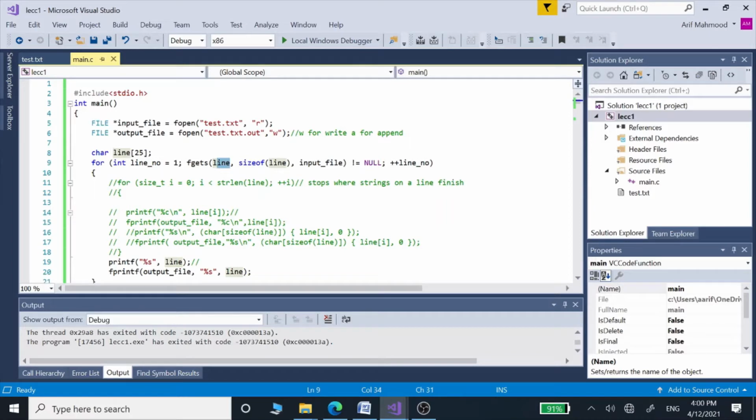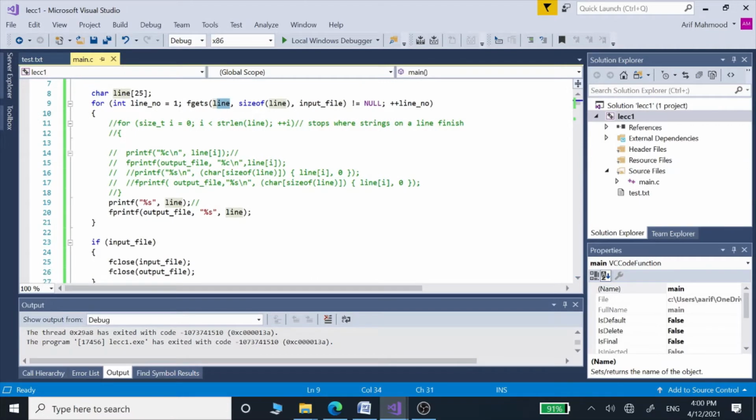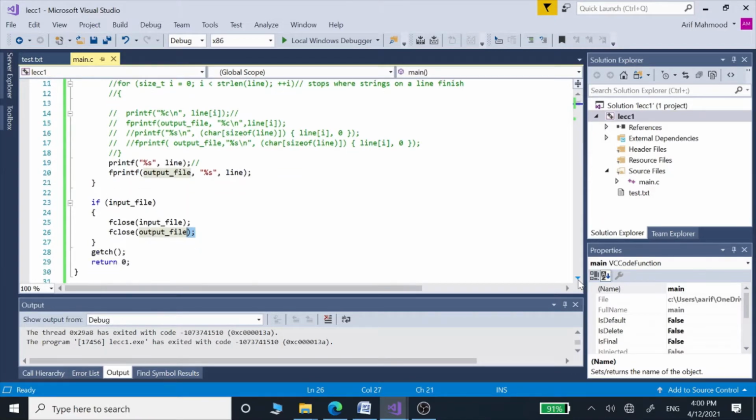Then using this for loop, we are going to display the contents of our input file onto the console window using this printf statement, one line at a time, and then store those lines into our output file as well using this fprintf function. Finally, we are going to close both input and output files, and this is our complete program.